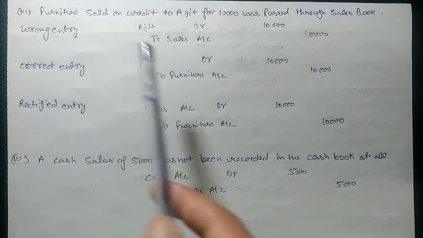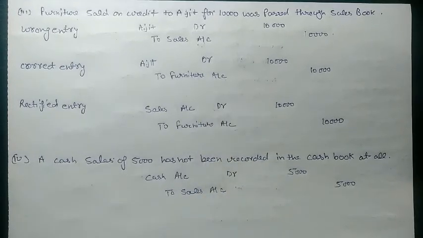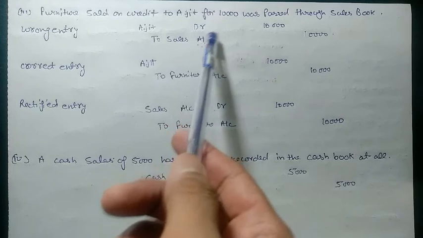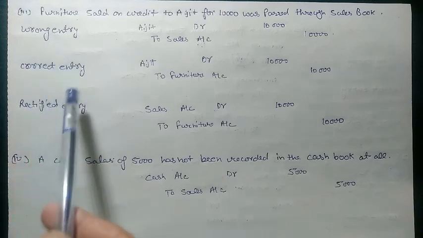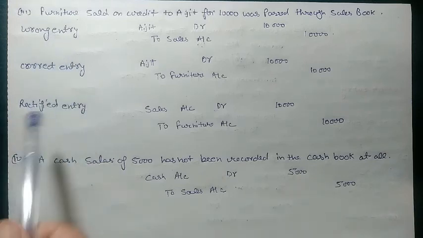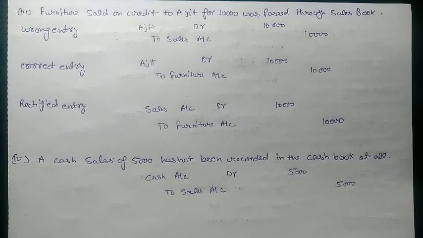In this question, this would be the correct entry that we had to make, but we did not make the correct entry. What we made, that is Ajit debit to sales account. So first we need to find what is the wrong entry that we have made, what will be the correct entry that we need to make, then what will be the rectified entry, how to rectify that mistake. So practice these questions based on two-sided errors in your notebook. Try to post entries first in three types, that is wrong, correct and rectified. Then try to make a single entry, that is the rectified entry. So mainly focus on the rectified entry.